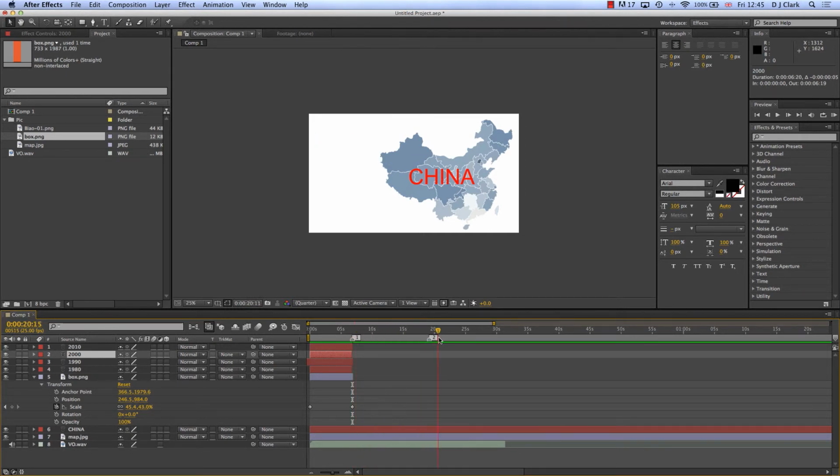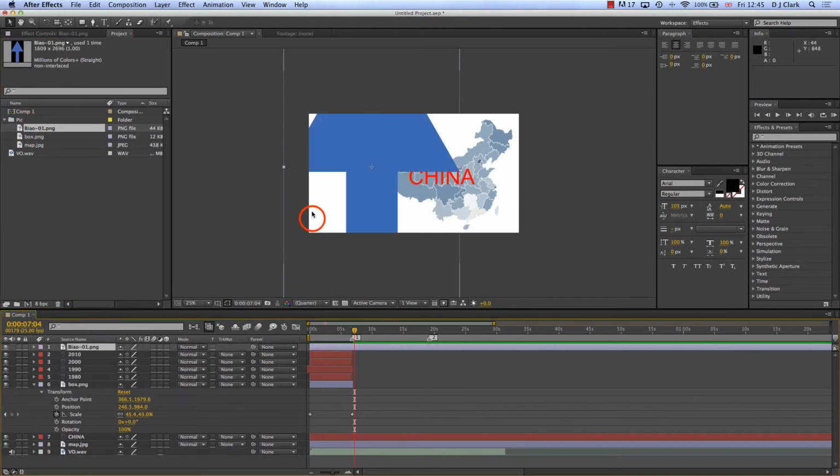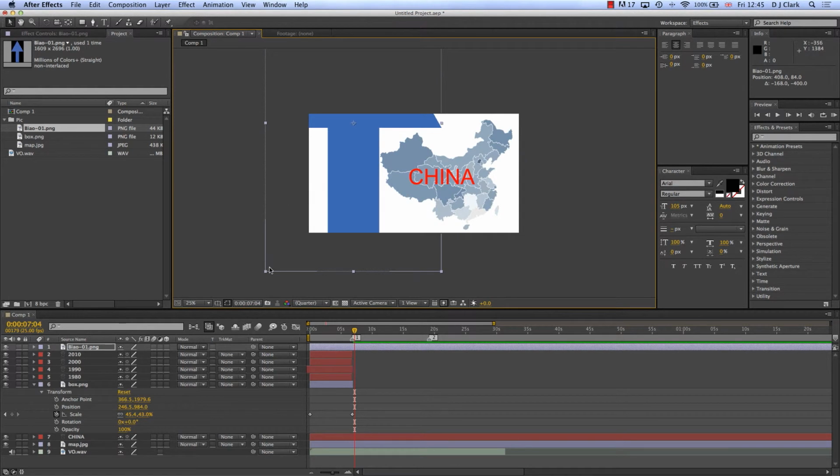So in this case, I'm going to do something slightly different just to give you an example. So I get to this point here, and now I'm going to bring in this arrow. So I come in and drop the arrow in. You can see it's a little bit big, so I'm going to rescale it again, come into the corner, with the shift key down, make that a little bit